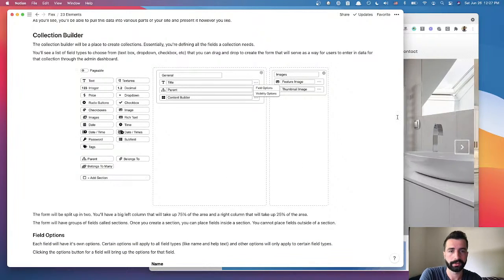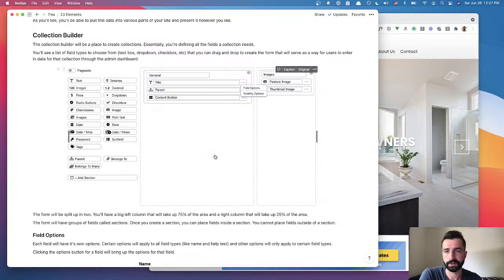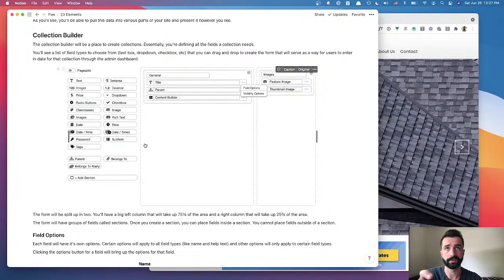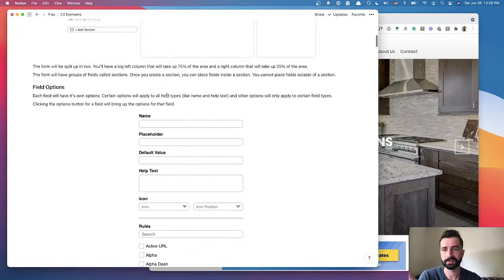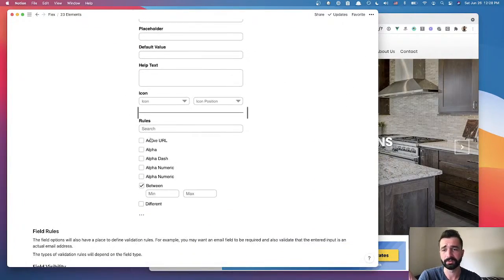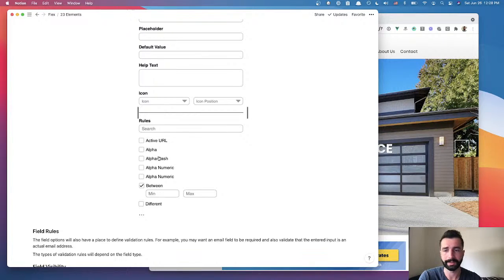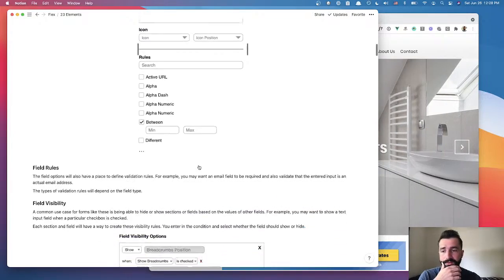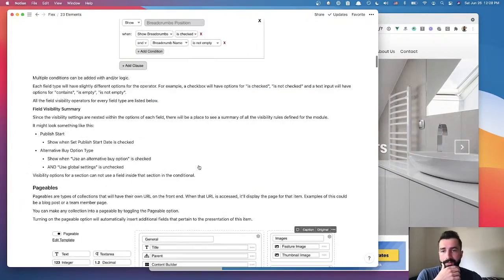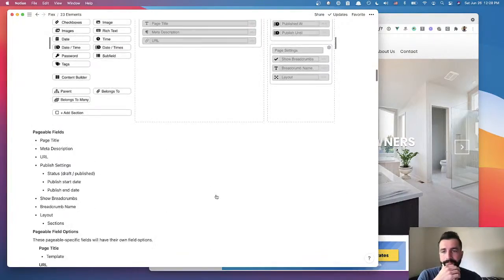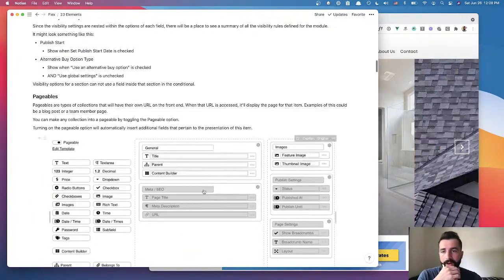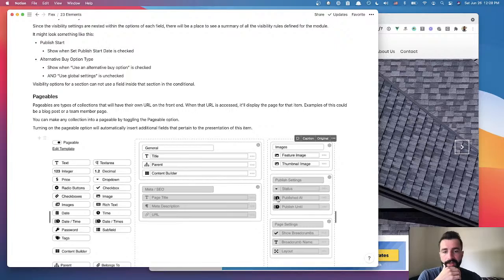And so I think I'm going to start there. I'll start by building this collection builder with a few of those simple fields, so I can build collections, and then just define some simpler options for them. Like, I probably won't even do all the rules just yet, just the rules that I need, like required. I mean, that might be the only one that I'll need. I might not even need things like field visibility for this website. I'll definitely need the pageable option, so I'm going to build that because that's going to be a core